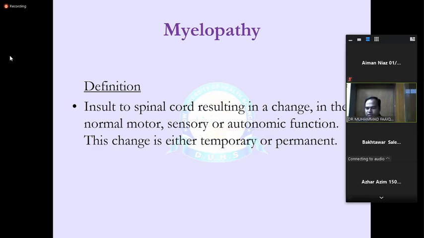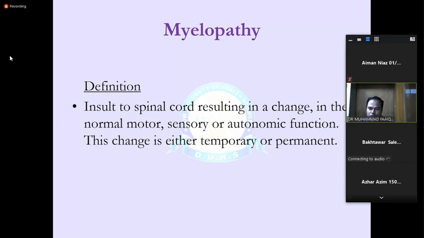So what is myelopathy? It is a clinical presentation secondary to spinal cord pathology. You can explain this term in multiple ways. The easiest way is to say the clinical presentation because of the pathology of the spinal cord is referred to as myelopathy. Let me tell you an important thing. It is myelopathy, not myopathy. Myopathy is the pathology of muscles. It is myelopathy, pathology of the spinal cord.